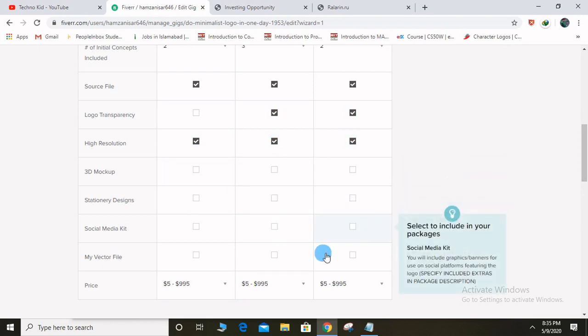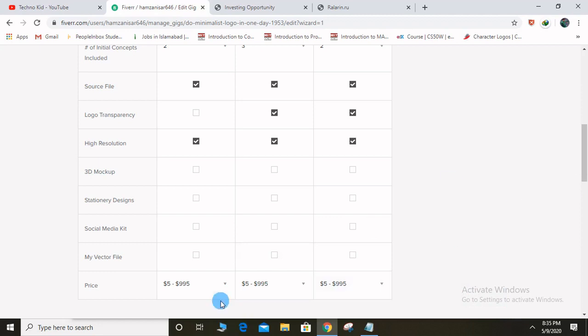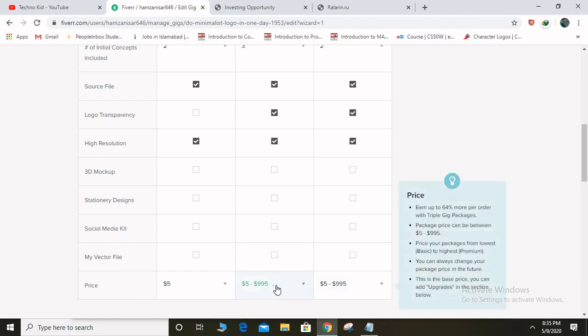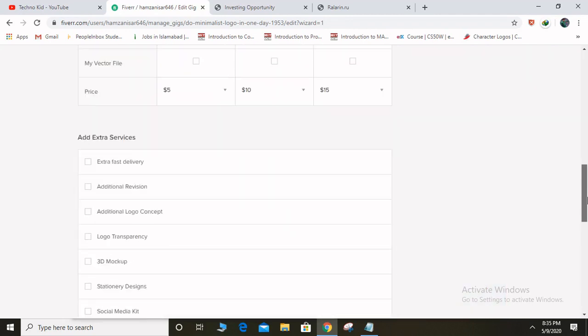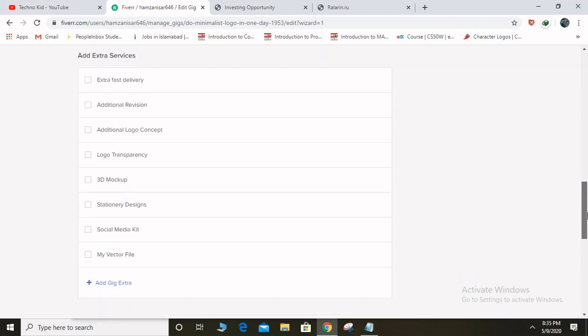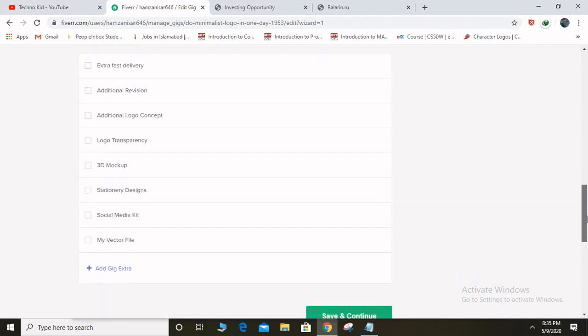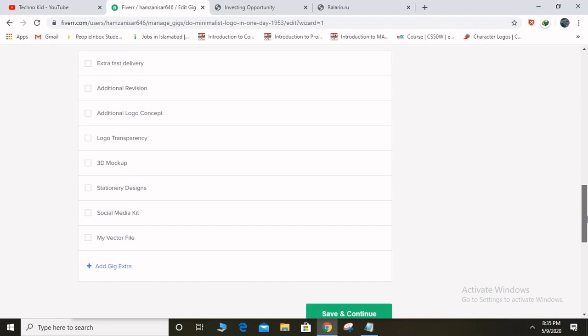And here it is, the pricing. As a beginner it should be the lowest, to attract your customer. So I'll give them 5, 10 and $15 prices. Here are some extra services that you can provide for a bit more, and you will charge for those.